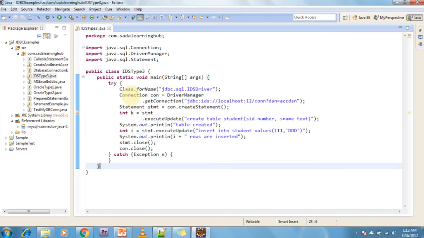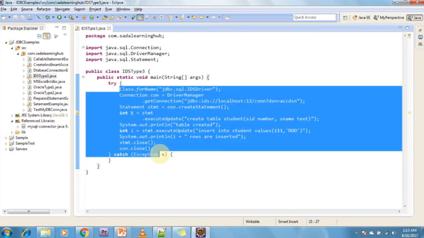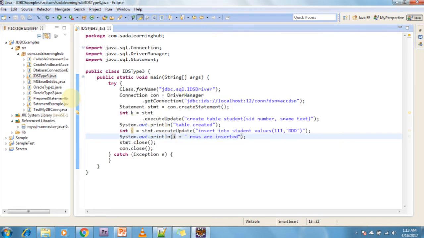Now this is the program to connect with whatever particular database you want by using the IDS server. First, I'm loading the class by using Class.forName. Class.forName is used to load your class at runtime. After that, I'm creating a connection object by using DriverManager.getConnection. DriverManager.getConnection takes the URL. Here, this URL is jdbc:ids://localhost:12/conn:dsn=access